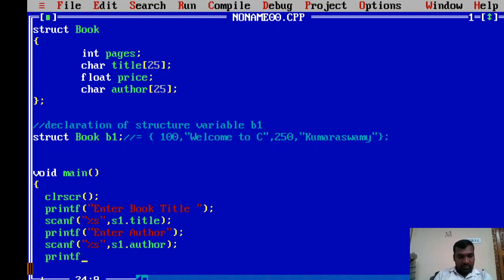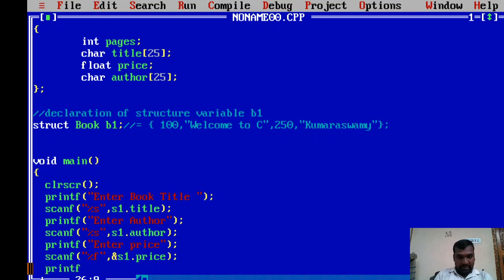Now I'm trying to read the price. Enter price, scanf %f, address of s1.price, and at last try to read the number of pages.